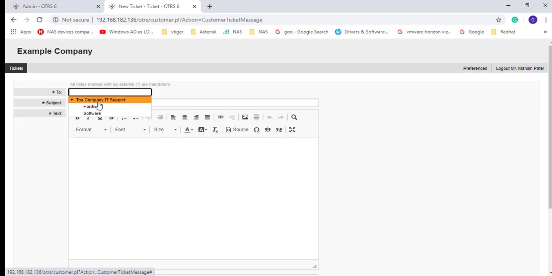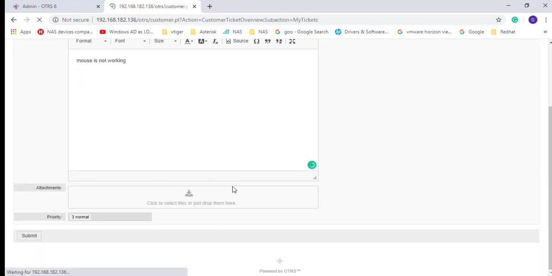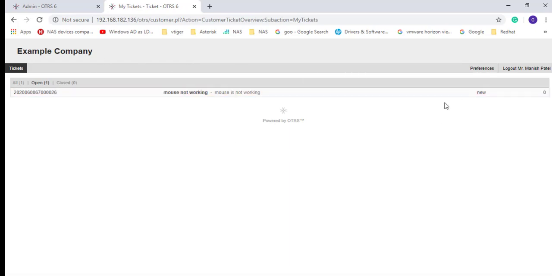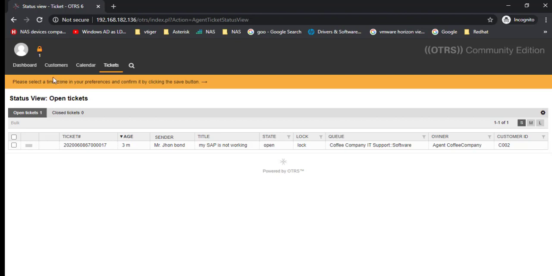Voila, we are done with the setting of queue specific queues, hardware. My mouse is not working, man. So let's check whether the coffee company agent can see the ticket or not.